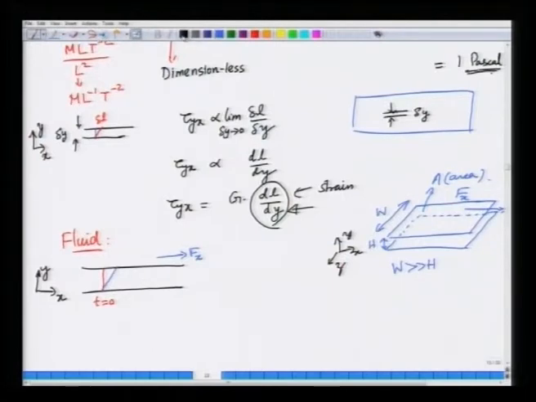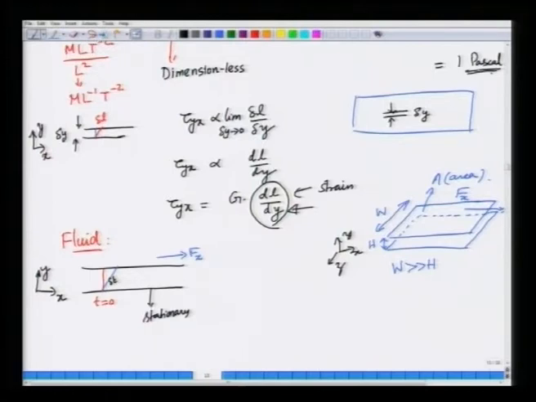So, the bottom plate is stationary, there is no force. So, the fluid close to the bottom plate, just adjacent to the bottom plate, will not move, while the fluid close to the top plate, since you are exerting a force, this line would have deformed like this. So, this is at a time let us say delta t,